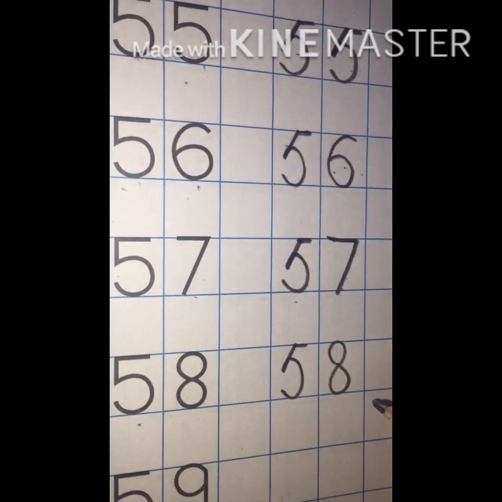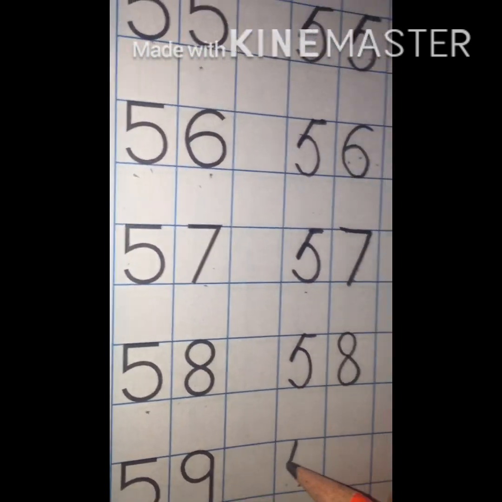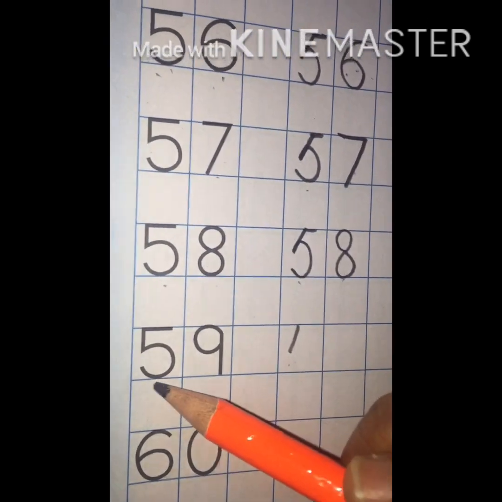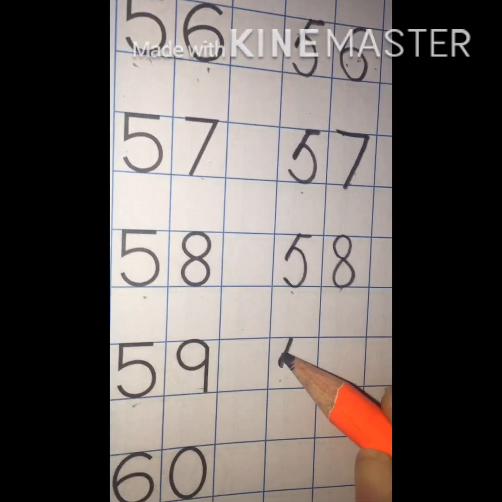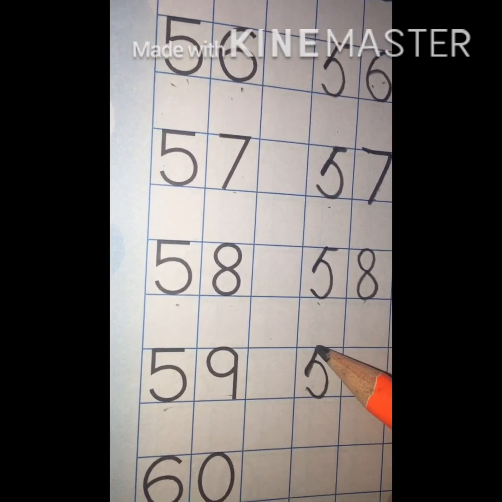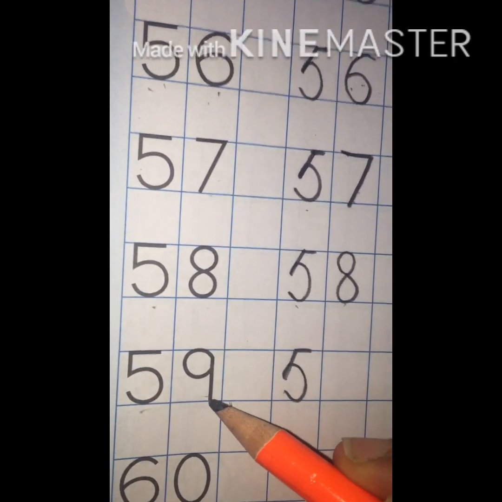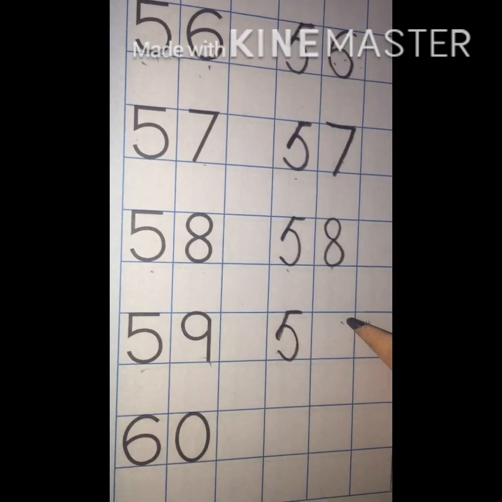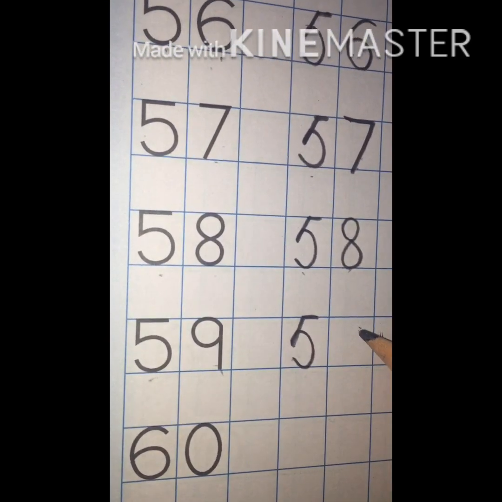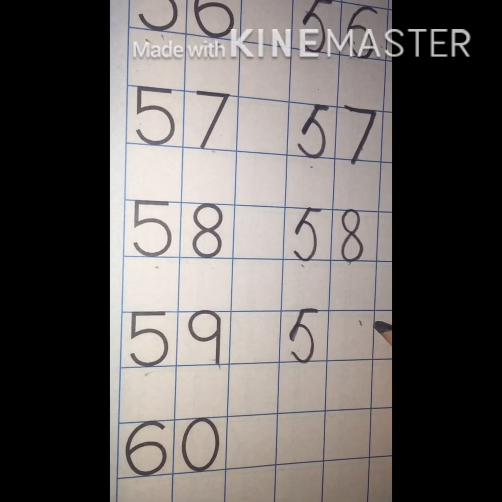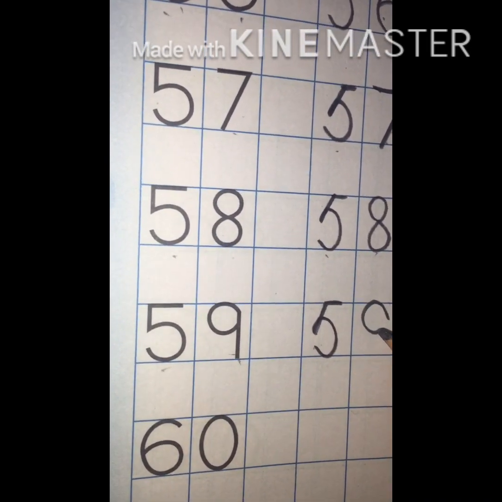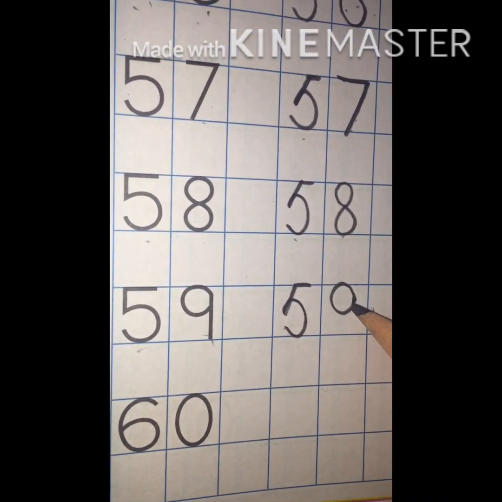I hope you are comfortable in understanding what I am speaking, right? So, which number is coming here? 58 and 59. So, slant line, go back, and curve, sleeping line. And which number are we speaking at the end? 9. So, 9 will come here. You have to be very particular while making formations. You have to start from down. Number 9. Down. Under the line. Go up. Make a curve. Like this. Now, touch it here. Come down and make standing line.